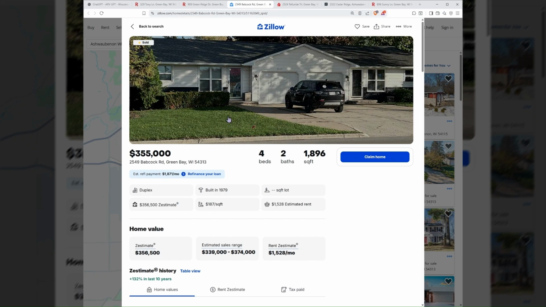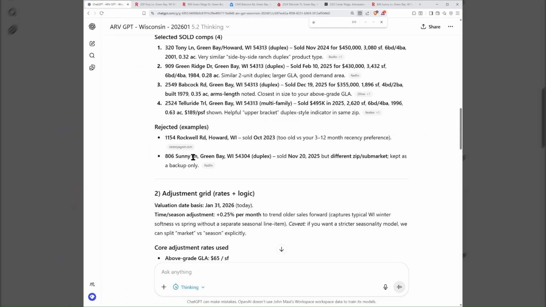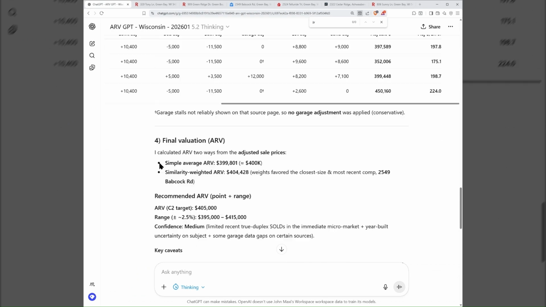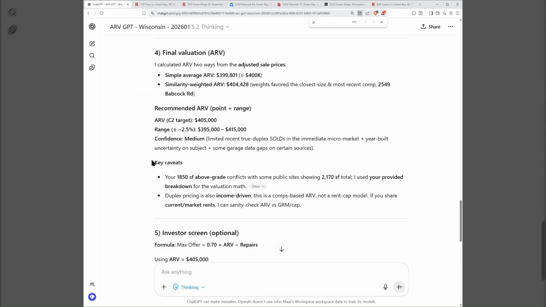And so now we have everything here to trust and verify that we have good comps going into the report. And there we have a good valuation here, and we can now have a really good starting estimate about how much this property is worth. And we're able to get it done quickly. We're able to get it done efficiently. We're able to get it done in